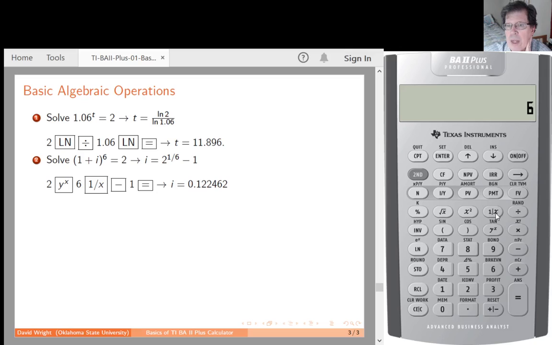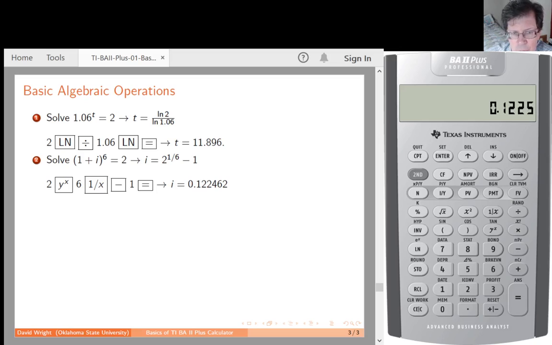The 1 over x operates on the number in the window. And that gave me 1/6. So I have 2 to the 1/6 in there. When I hit minus, you notice that it did it. 1.1225 is 2 to the 1/6. And now I say 1, and then equals, and that's it,